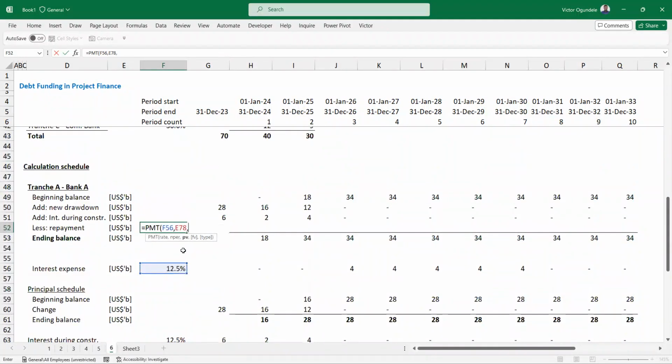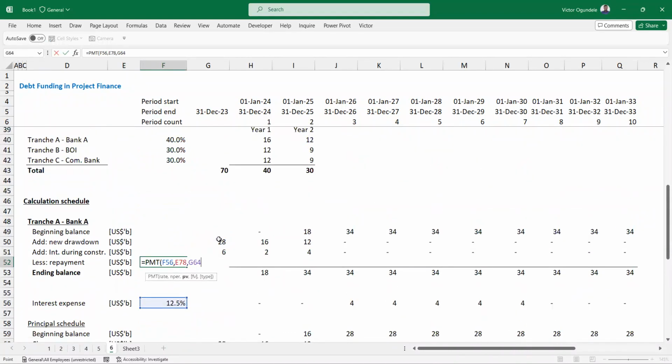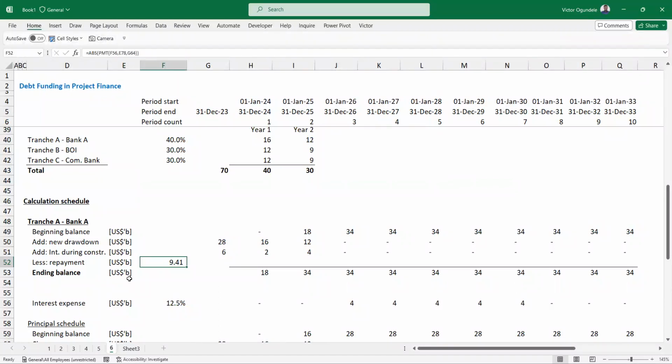Right, comma, and our present value will now be this 34. I need to pay, close my bracket, enter. It's going to show in negative, so I'll put my absolute formula in front of it. So we have this, right? Let me put this in accounting format to remove the dollar sign in front of it. Right, so this is what we have. That means this is what we're going to pay